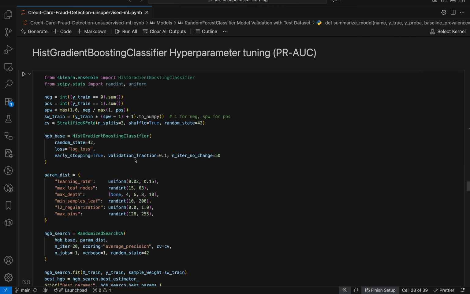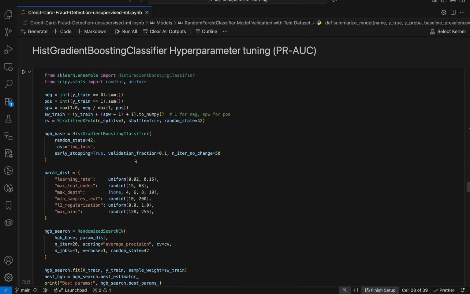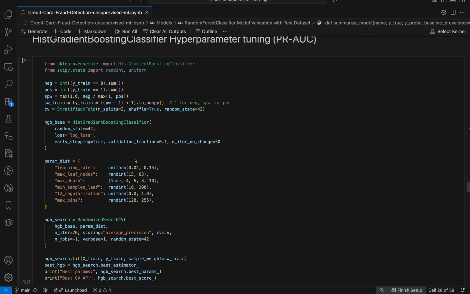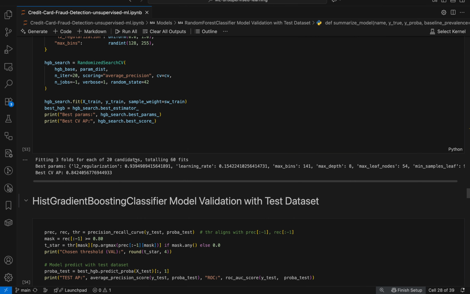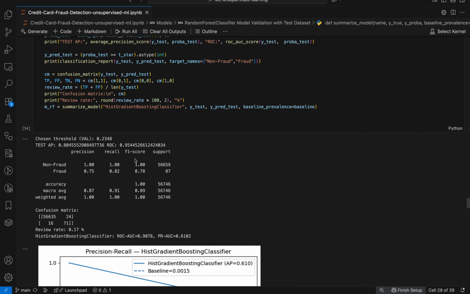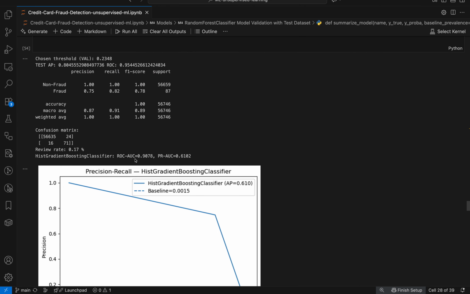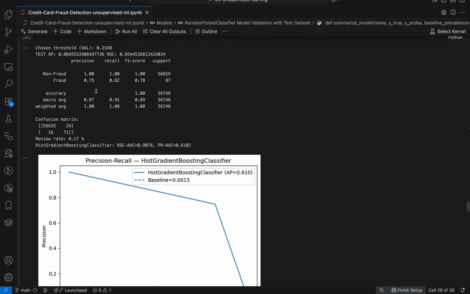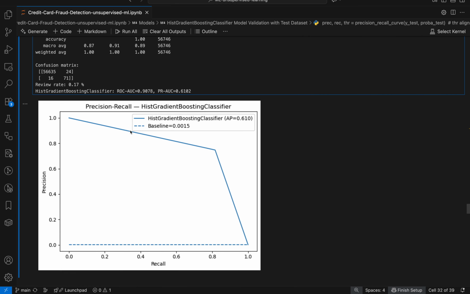And then we have another supervised learning model, which is gradient boost classifier, just so that we can compare and know what the scores are for that. So again, the same hyperparameter tuning for that. And then these are the results, where we are getting a little bit less precision, and the recall is a bit high on this. But we need to look at these numbers,